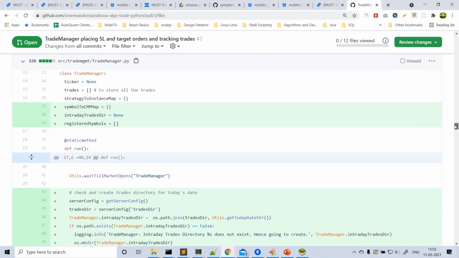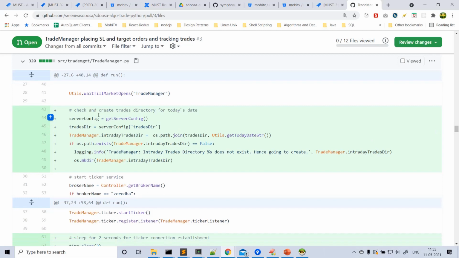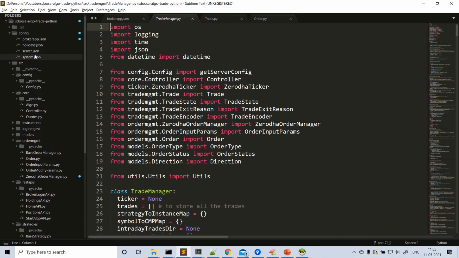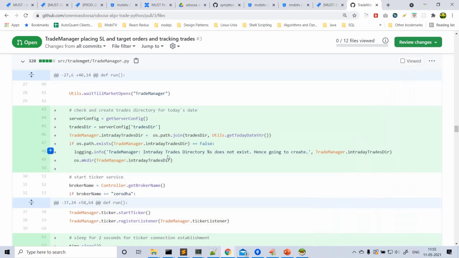Okay, and let's see what exactly we are doing. Here, in the new change, we are getting the server config and we are getting the trades directory. The trades directory is nothing but this one, which we configured in the server config. Since we are trading only intraday here, every day we have new data.